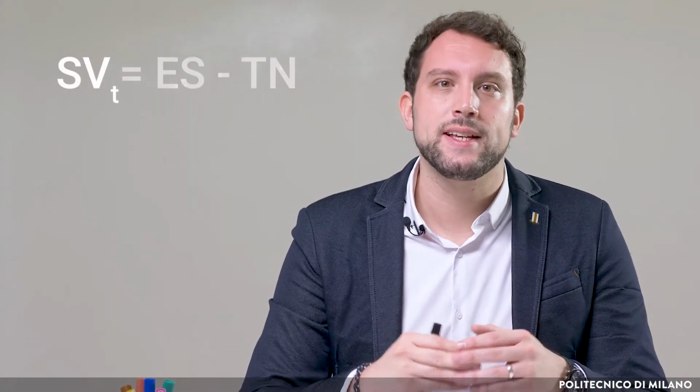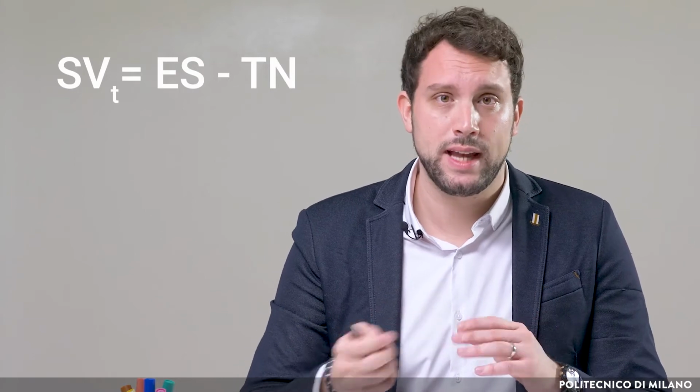Dealing with time is slightly more complex. Indeed, we are assessing time in terms of money, which is definitely not usual. Therefore, we need to find a way to express the schedule variance in time, and we can create another indicator that is a schedule variance time-based, or SVT. So the idea is pretty simple. We can calculate it as earned schedule minus time now.